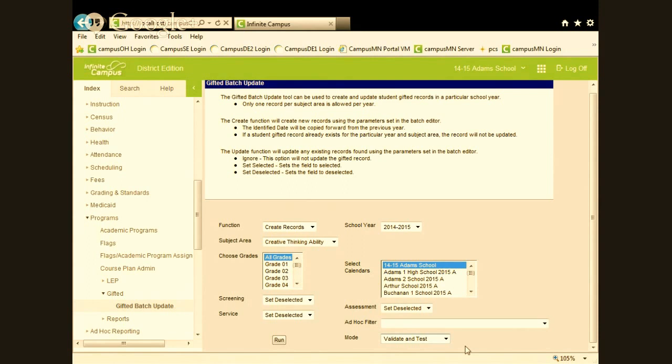We do that with the direct certification file as well. We do it with assessments. So before you import and really change your data elements, it's really important to test it to see what it's going to do. And it's going to give you that information. Does that make sense? And that's what it's doing here. You can validate and test before you actually create or update your records.